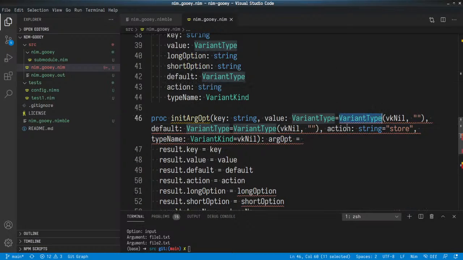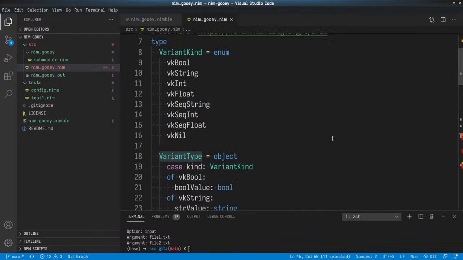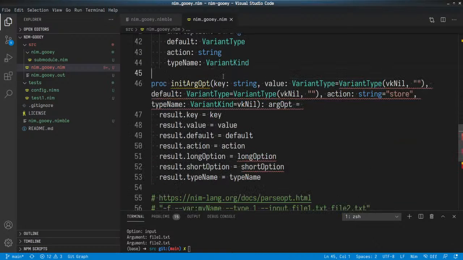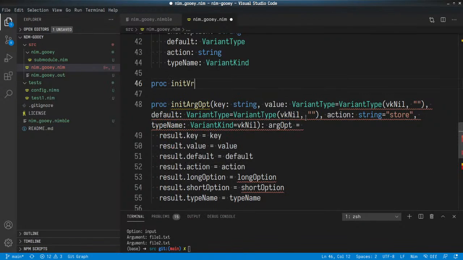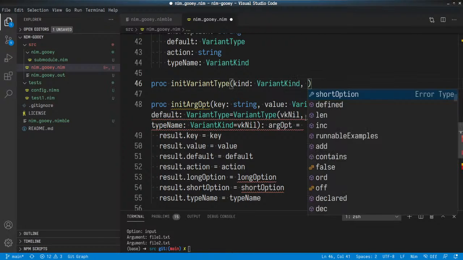So of course this is not how you initialize objects, so I probably should have another prop which is init variant type, which is this kind of a variant kind, and